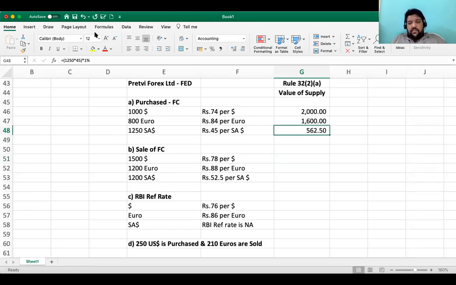3,000, 2,400, and 630, sir. 3,000, 2,400, 630 is the answer for sale. A lot of you are getting it right. Karthik is right. Rajarajeshwari is right. Rajagopal is right. SK is right. Lucifer is right.